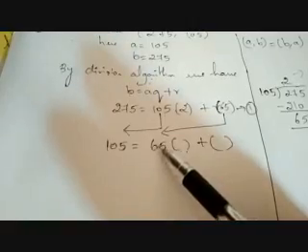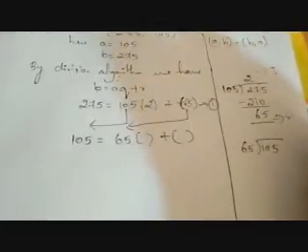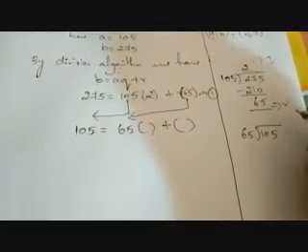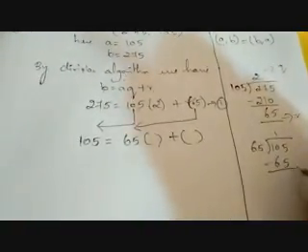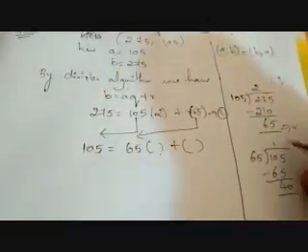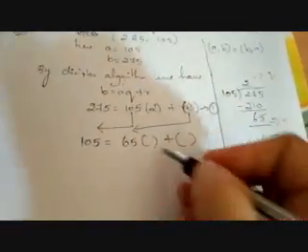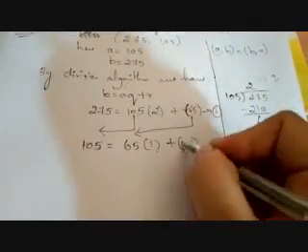I have written here. Now you are supposed to divide 65 into 105, so that you'll get the new quotient and the new remainder. If you divide this one, it will go one time, and this is 65. If you subtract, it will be 40. Now this is your new quotient and this is your new remainder. Substitute this value. This is 1 and this is 40. Make it as equation number 2.